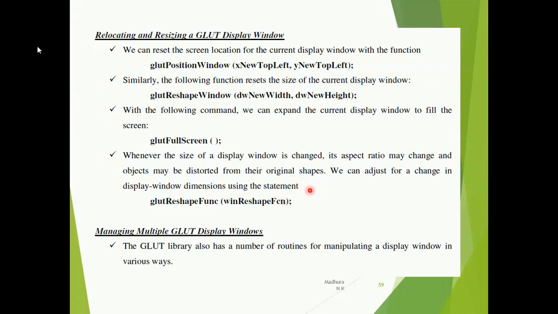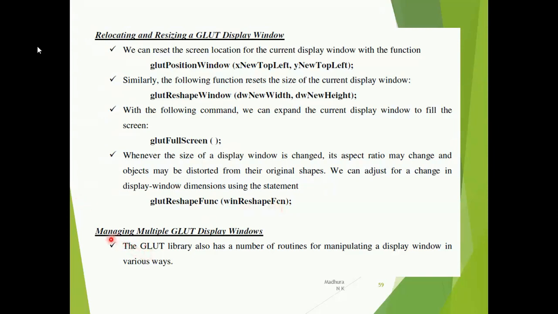When you call this, you are given the new width and height. Maybe you have already passed the new width and height to change the shape of the window, and now you want to maintain that shape. Say the aspect ratio of the window has to be maintained continuously. To do that we have this function, because it is a callback function and will be called again and again to maintain that particular shape.